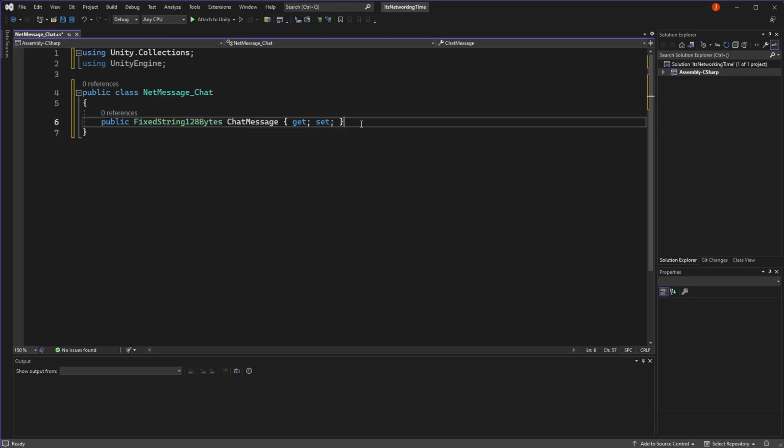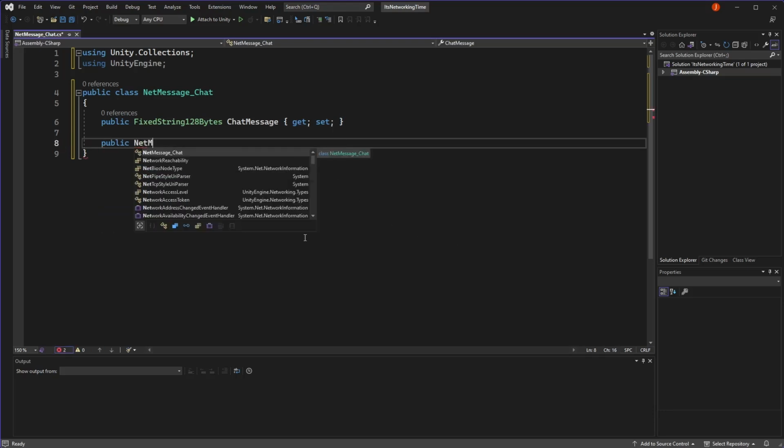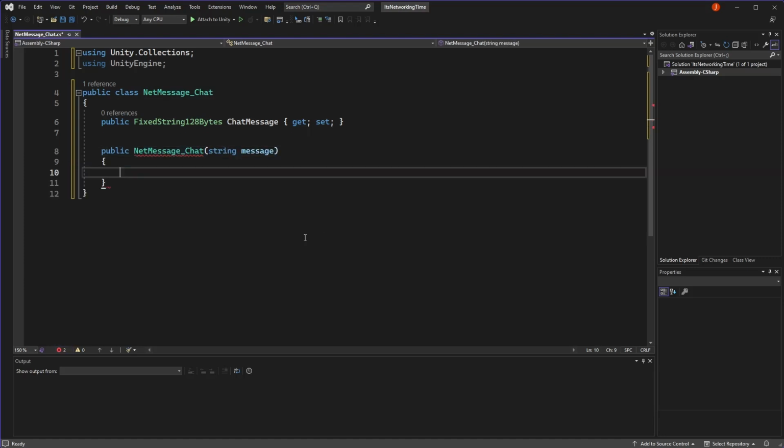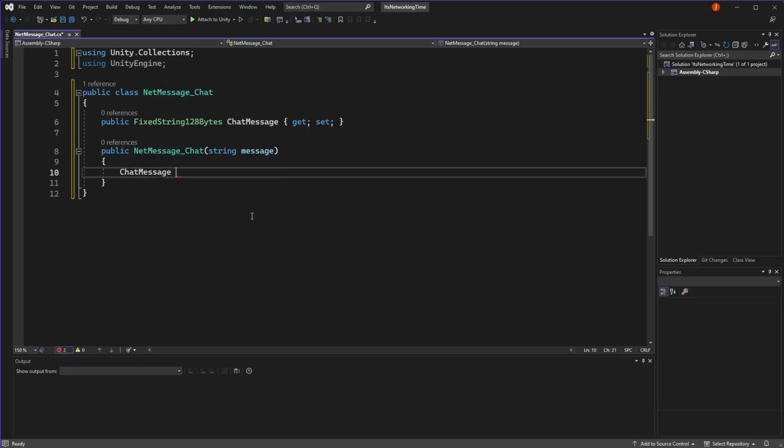Next, we need to store the action our player has made in this field we've just defined. So we'll create a constructor that takes in a parameter that will be the message our player has just posted. Think of it like this: when the player posts a text chat, their game needs to create a new instance of the network message that will contain the text chat that we want to send to other clients. When we create this network message, it should contain a string that corresponds to the text chat the player has just posted. So by using this constructor, when we construct the new instance of the network message, we give it the text that the player has just typed out.